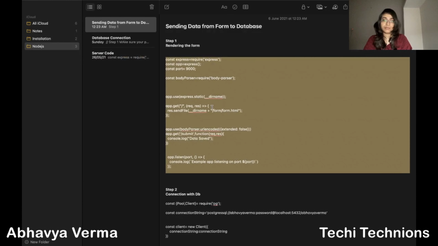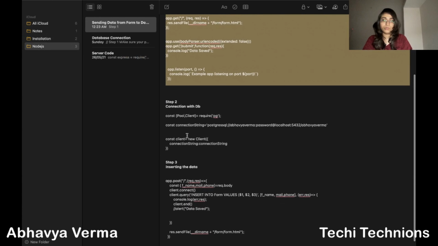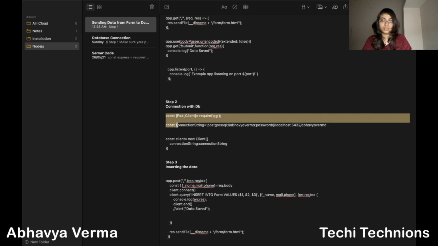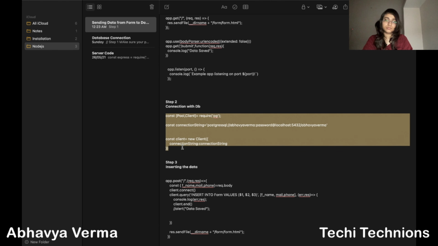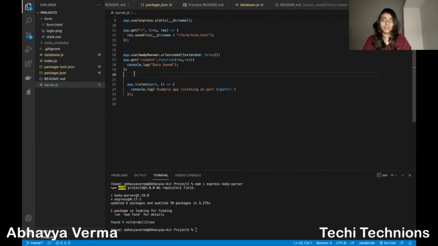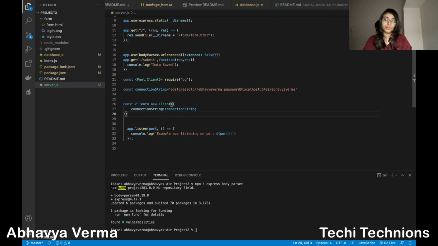Now comes step 2, which is the connection. I will copy it before my port code. It's always better to keep your port code downwards, where you are telling where to render the page.